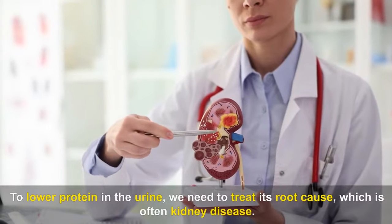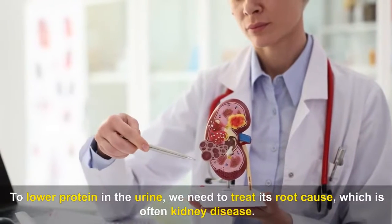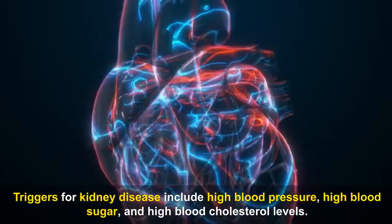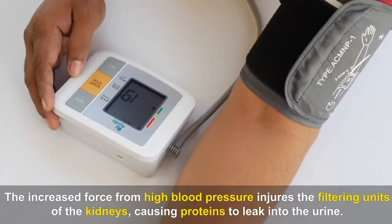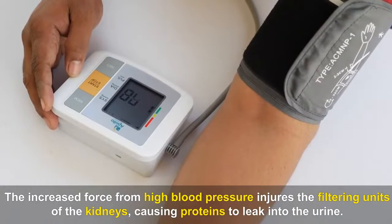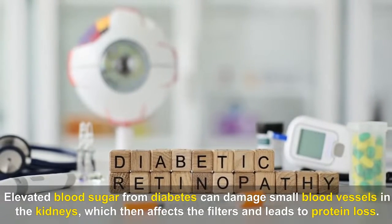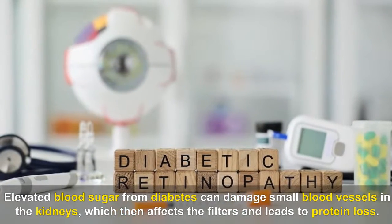To lower protein in the urine, we need to treat its root cause, which is often kidney disease. Triggers for kidney disease include high blood pressure, high blood sugar, and high blood cholesterol levels. The increased force from high blood pressure injures the filtering units of the kidneys, causing proteins to leak into the urine. Elevated blood sugar from diabetes can damage small blood vessels in the kidneys, which then affects the filters and